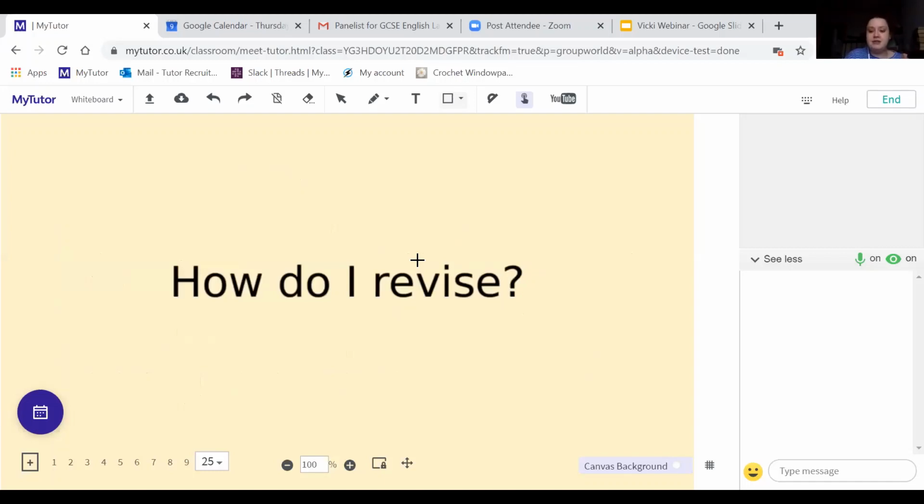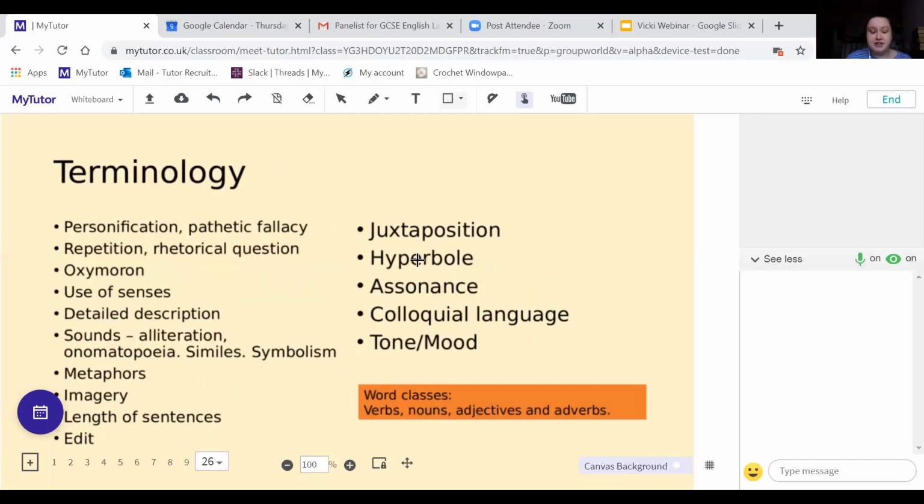Right, so in terms of revision, as Frederica said, all of these are recorded. So I'm not going to go through all of these, but here's a load of terminology. So the pride smile, some other ones that we've come up with, and word classes as well. These are the only word classes I would bother labelling, which we call content words. Function words are things like prepositions and pronouns, basically the words which are really hard to define. Determiners like the, how do we even explain what the means?